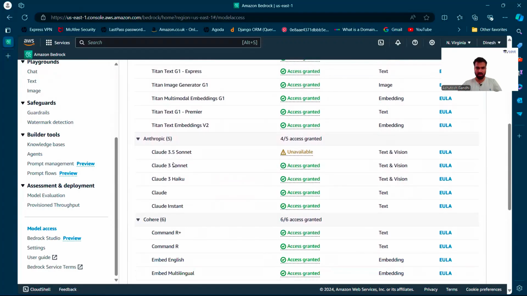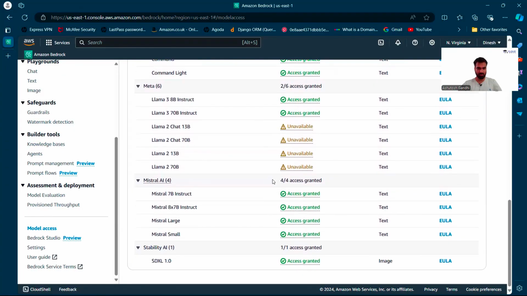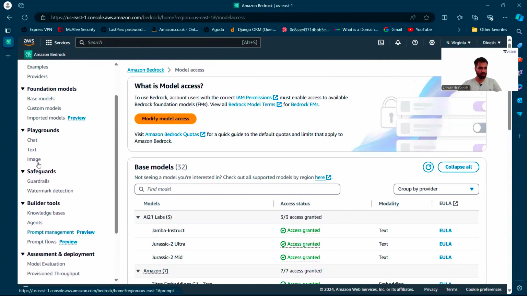As you can see, I have been granted access to most of these models. Note that I'm in the North Virginia region. So let us head over to the playground